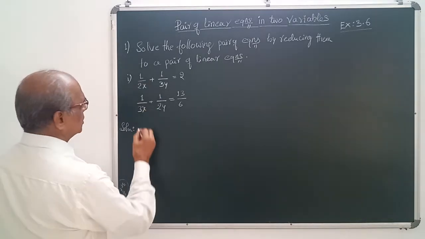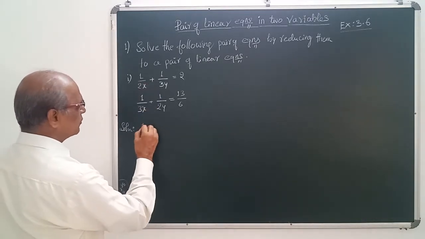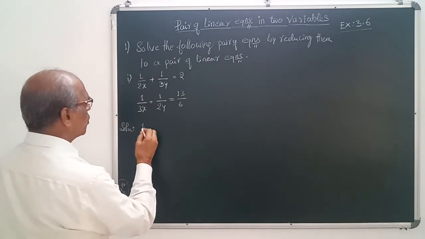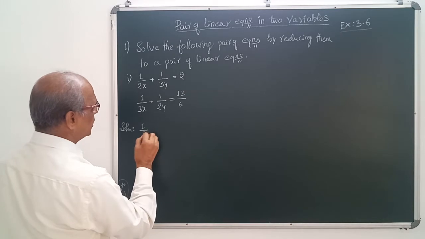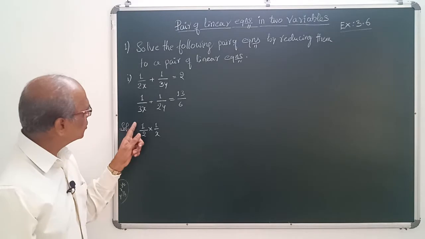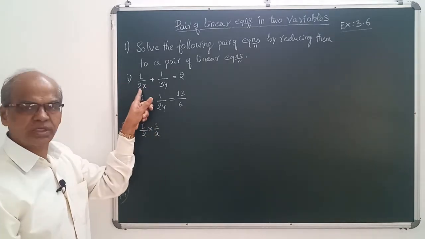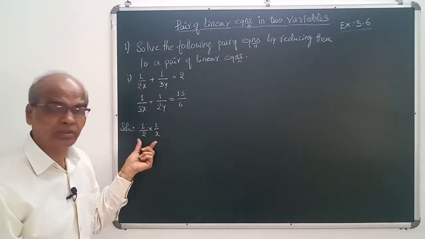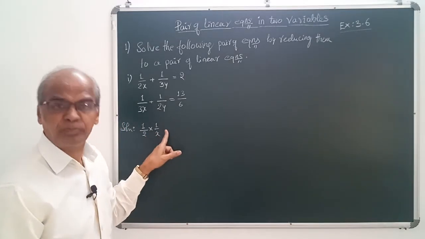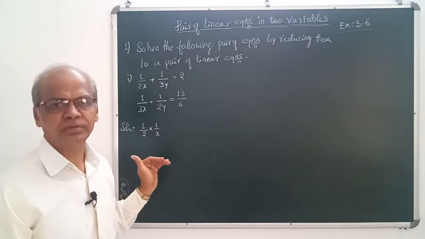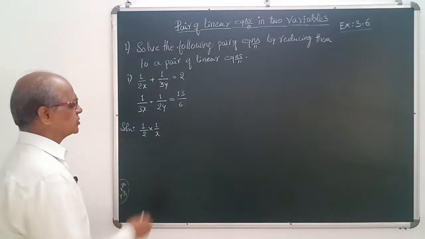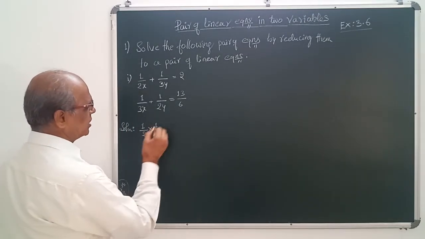Okay, see here. First I will reduce the first equation, then go for the second one. 1 by 2x can be written as 1 by 2 into 1 by x. 1 into 1 is 1, 2 into x is 2x. So this can be split and written. This step is for your understanding. You can skip this step and go directly to the next one, provided you are a little bit skillful or fast in solving the sums. It is for your understanding purpose that I am writing this.